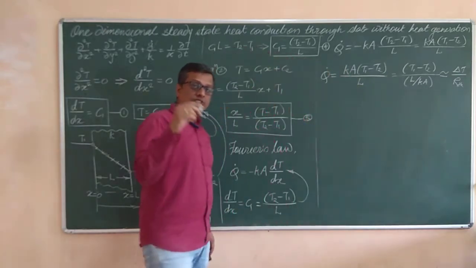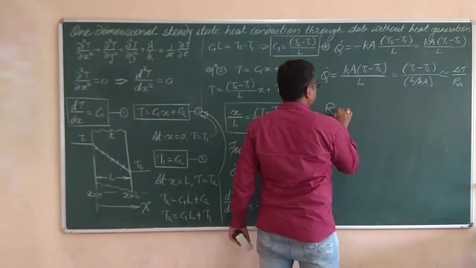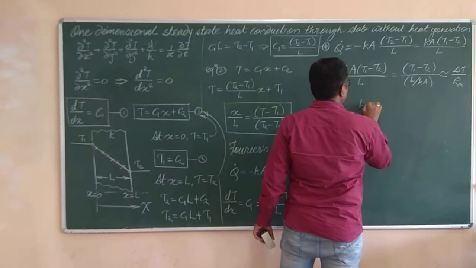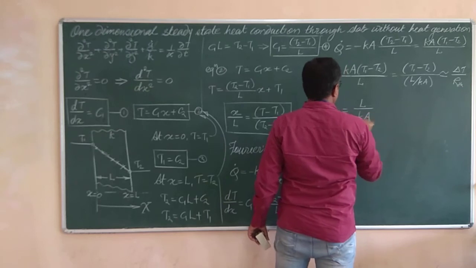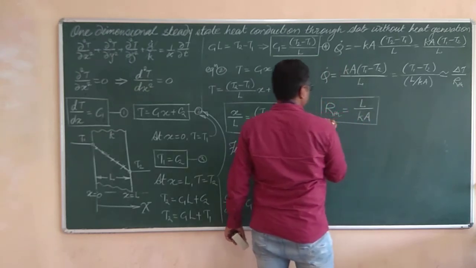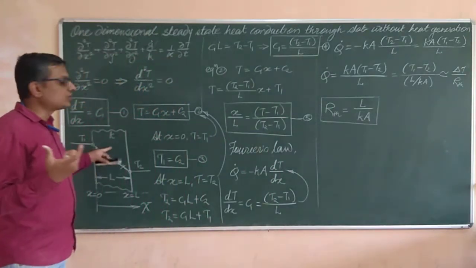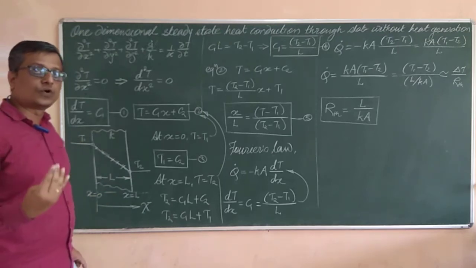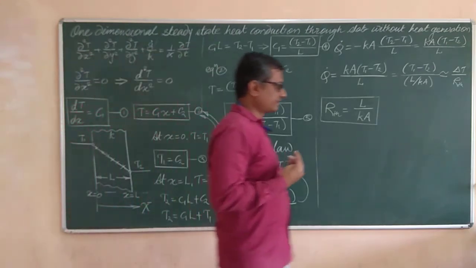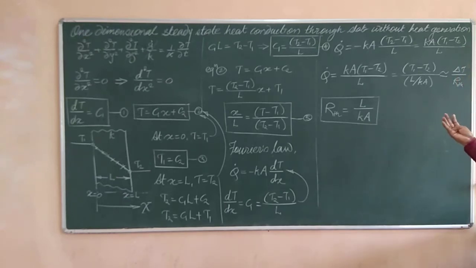The R_th is what? The thermal resistance of that particular slab. The thermal resistance for the slab is equal to capital L divided by small k into A. So this is the equation for the thermal resistance, where L is the width of the slab, small k is the thermal conductivity of the material of the slab, and capital A is the area which is normal to the direction of flow of heat. So this is all about the application of the one dimensional steady flow. This is the analysis of that equation.